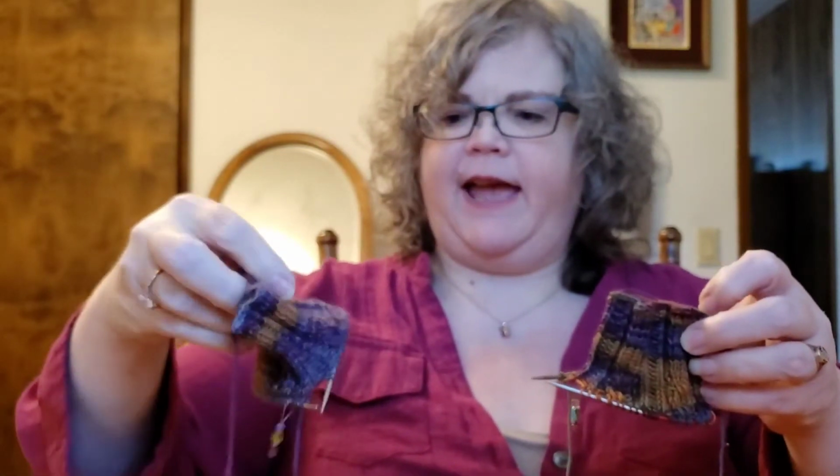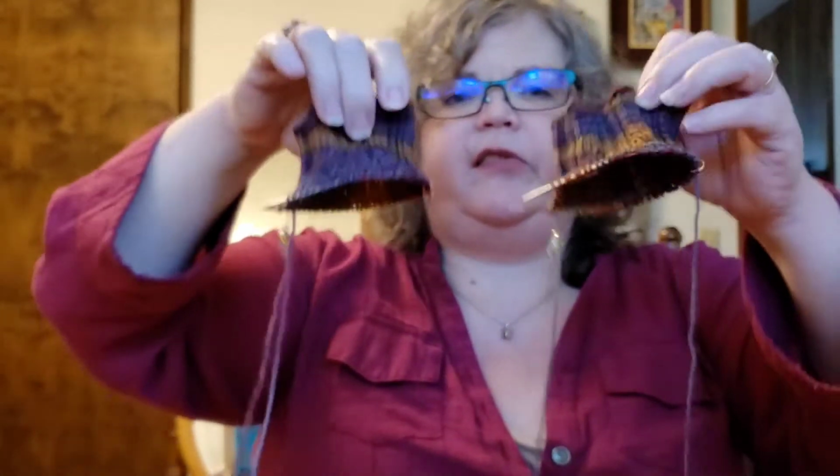I also started a brand new project because these projects that I've been working on are all in the home stretch, or just stitches away from being done. And it's fall, it's getting colder. I want to work on socks. So I cast on socks